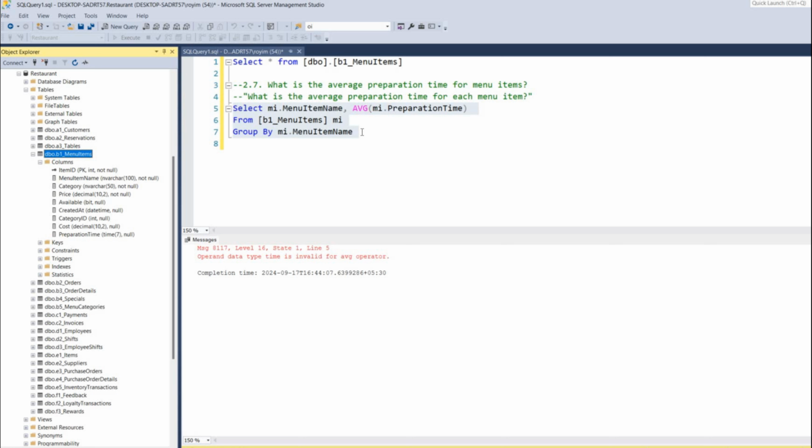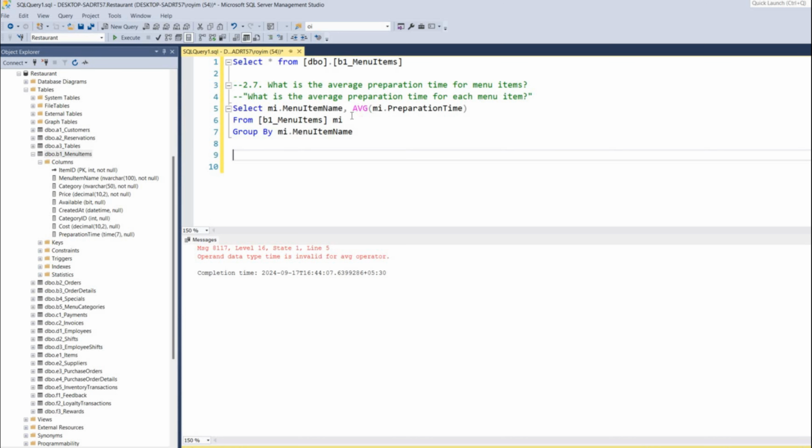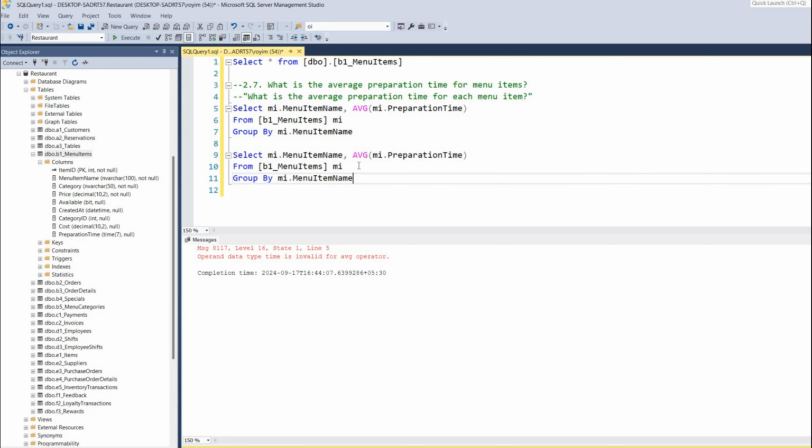So we can use another way to solve this one. We want to get the average preparation time, and for that I'll use another method. Instead of this, I'll copy this same thing and change this portion. We want to get the average one, so for that we have to use the dateDiff function. So I'll write the dateDiff function,